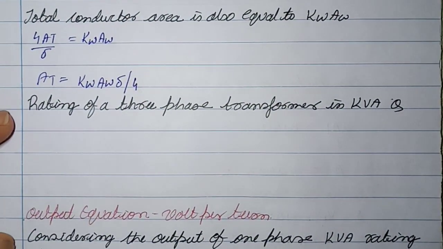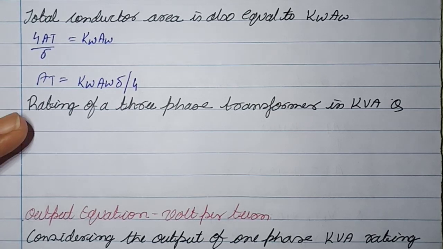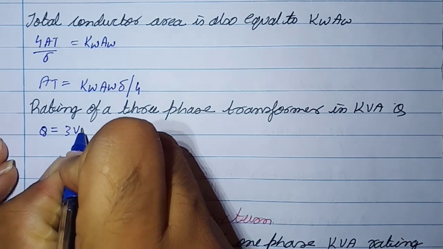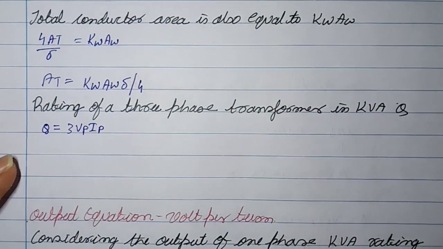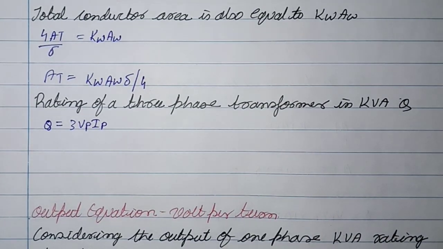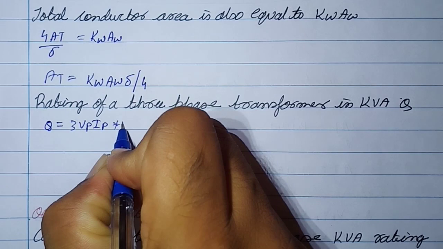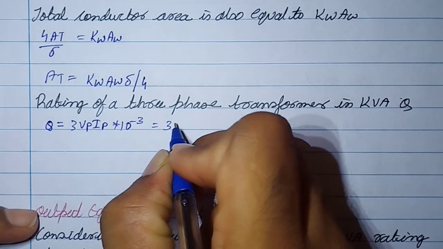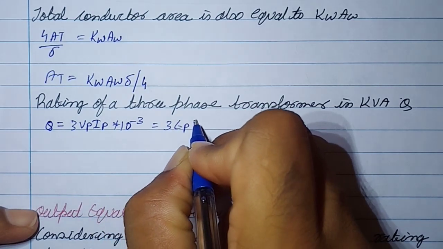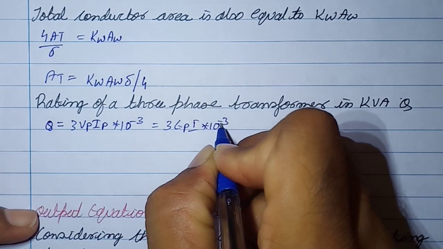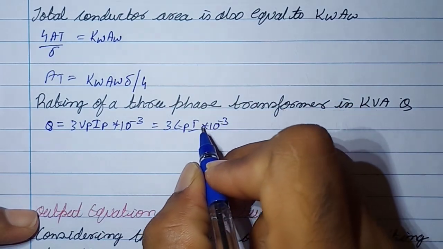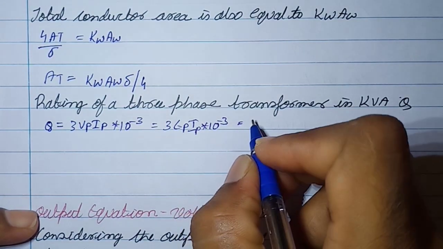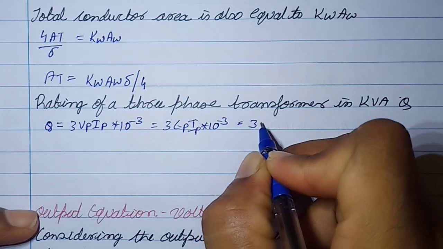Again, with the same steps for the three phase transformer, Q will be equal to 3 times VP IP into 10 raised to minus 3, which is equal to 3 EP IP into 10 raised to minus 3, which will be equal to 3 ET